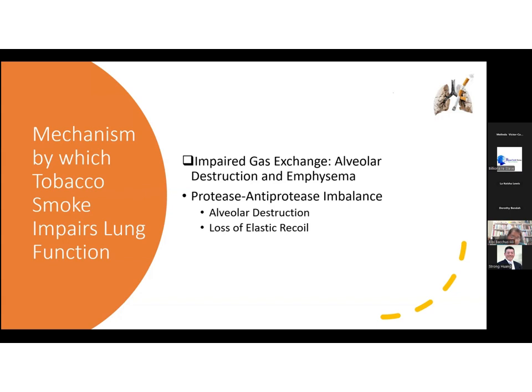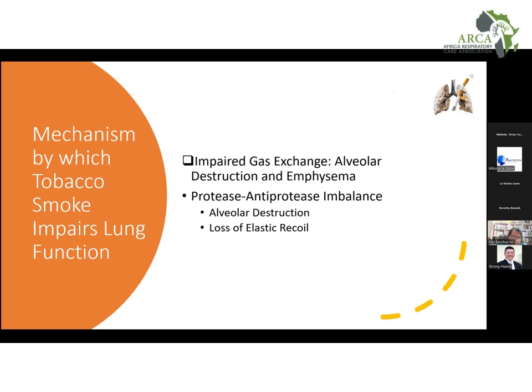While this is happening, tobacco smoke simultaneously inhibits the function of alpha-1 antitrypsin, and we know this is a key antiprotease that normally protects the alveolar wall integrity from enzymatic degradation. Now, this imbalance leads to an excessive breakdown of elastin, which is a critical component in maintaining alveolar structure. The unchecked activity of elastase and MMPs will lead to coalescence of the alveoli into larger, less efficient air sacs. And when that happens, it reduces the surface area for gas exchange in the alveoli.